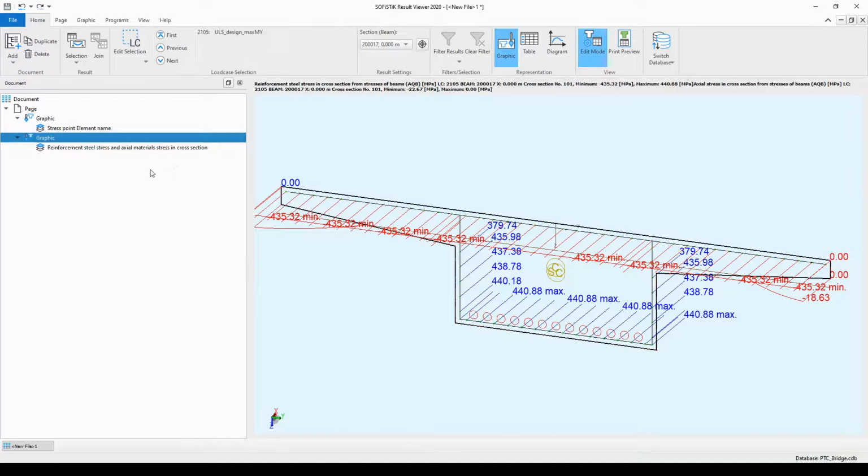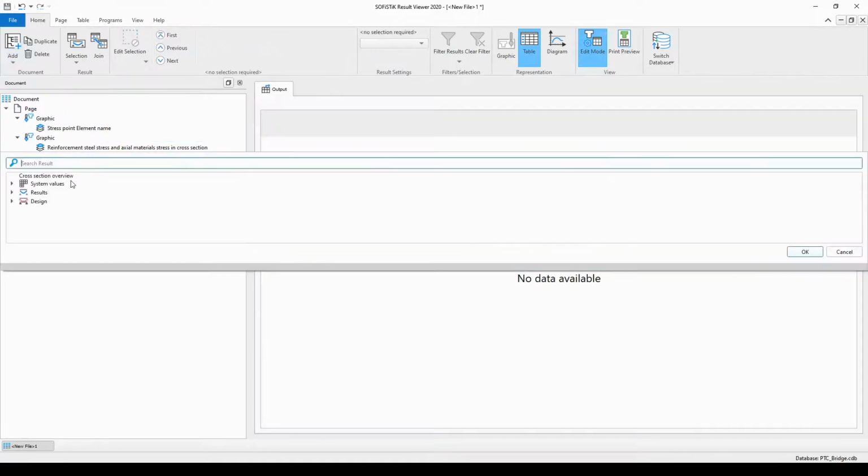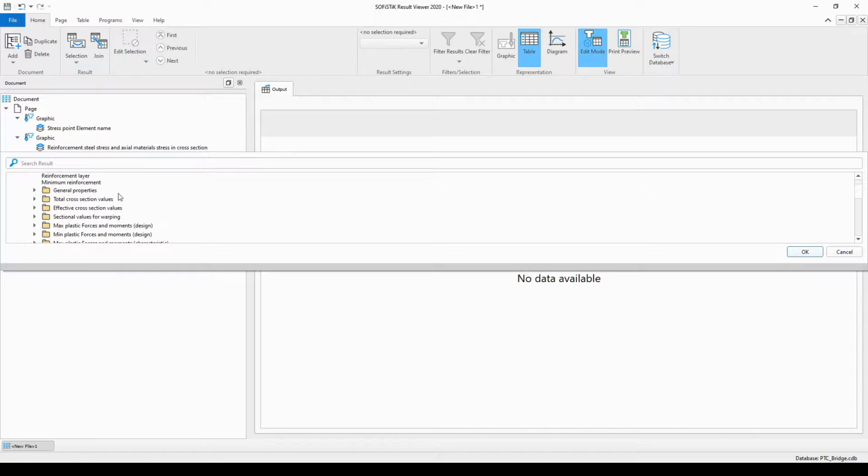Okay, now let me insert a table into the very same page. What you need to do is select the last graphic and go to the Add option, and from the drop-down list you need to select the list, and I will open up the system values chapter, also the cross-section chapter, scroll down a little bit and choose, for example, the effective cross-section values, from which I will